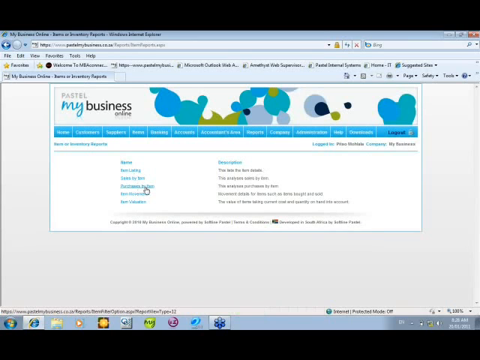You can have a look at your purchases by items, so you can have a look at what sort of items you're buying the most from your creditors, your suppliers. Your item movements, which is the report that we will be viewing for the sake of today's session. But you also have an item valuation report. Basically, an item valuation will be a value of your stock that you currently have on the floor or at